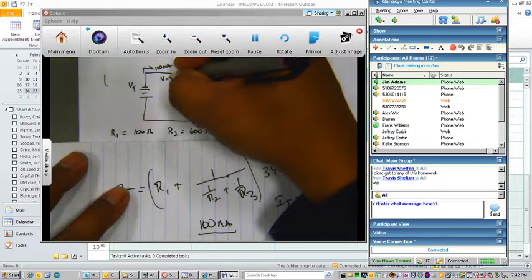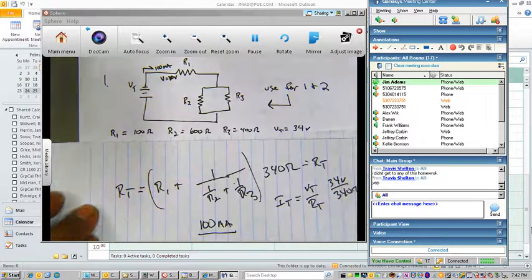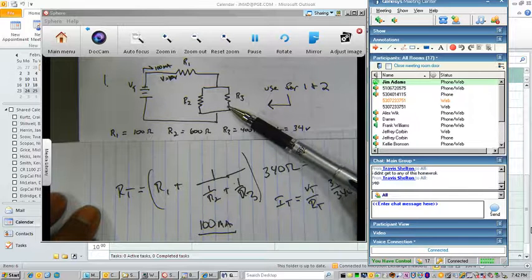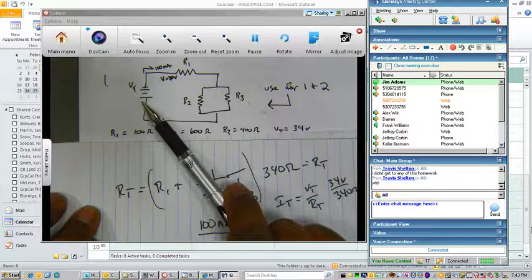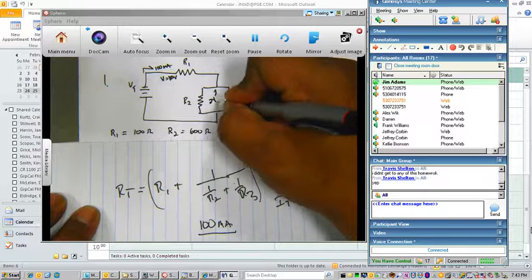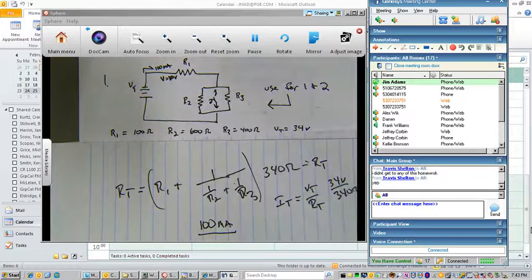So we have 100 milliamps going through R1, and R1 is 100 ohms. R1 is going to drop